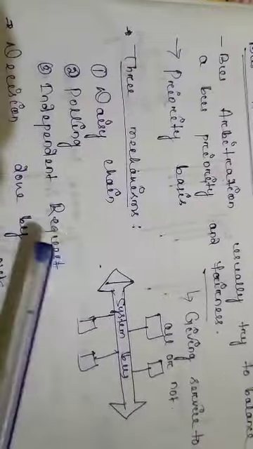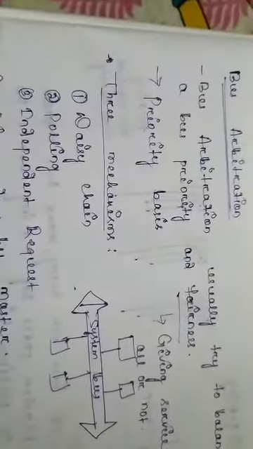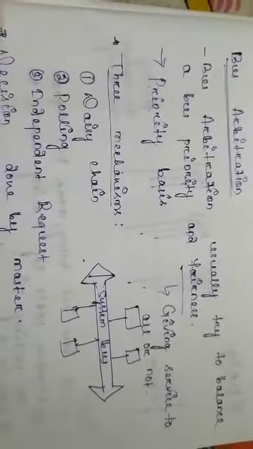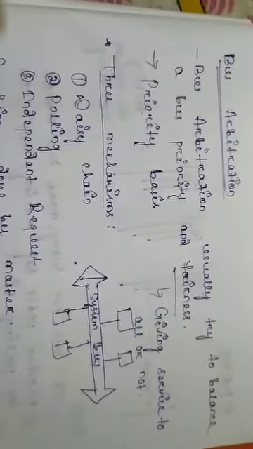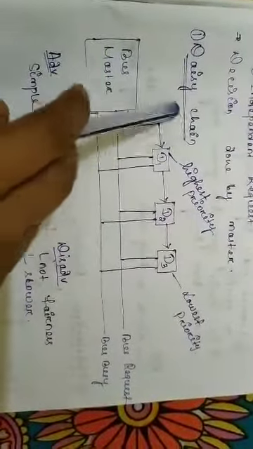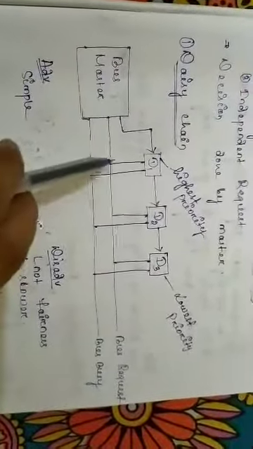There are basically three mechanisms we follow to implement bus arbitration. The first one is daisy chain. Let's check the daisy chain, where every decision is made by the bus master. Here is a diagram of daisy chain. In the daisy chain mechanism, there is a bus master and there are two lines, one is bus request and one is bus busy.